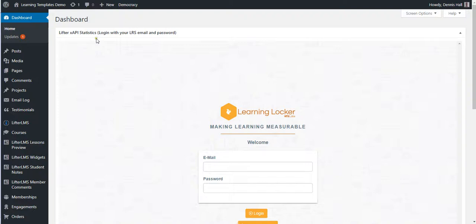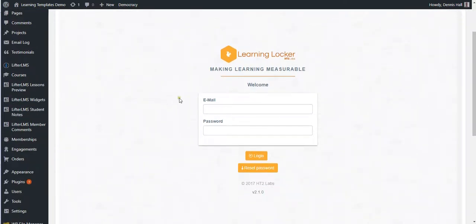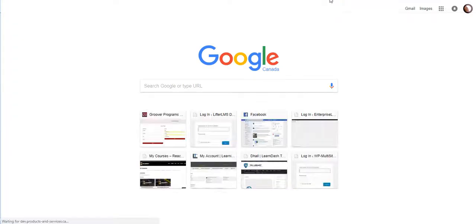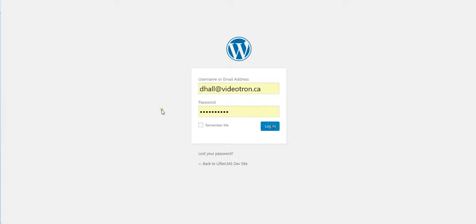So LifterLMS xAPI has a method of working with the latest version of LearningLocker. It also works with an older version of LearningLocker, which is version 1.x, we'll call it, because there were many iterations of it. So we'll just go ahead and log into one of my other sites where I've got LearningLocker 1.14 being run